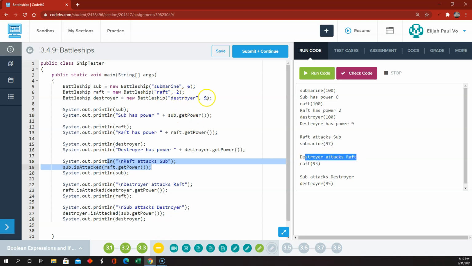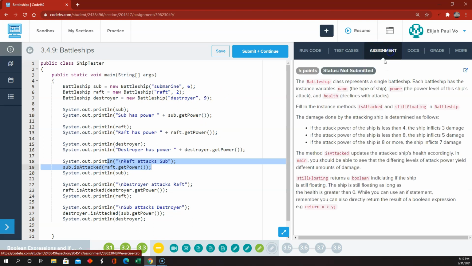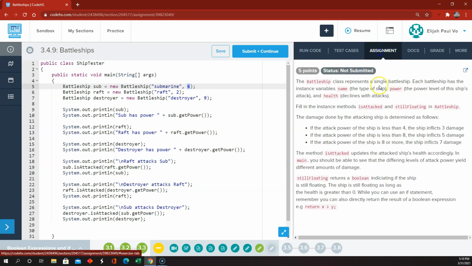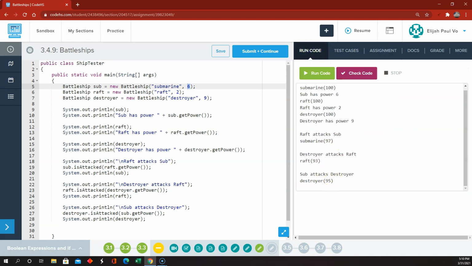The Destroyer has an attack power of 9, which means it's going to inflict 7 damage, which is why the Raft now has health of 93. And if the sub attacks the Destroyer, the sub has an attack power of 6, which is more than 4 but less than 8, so it's going to inflict damage of 5,